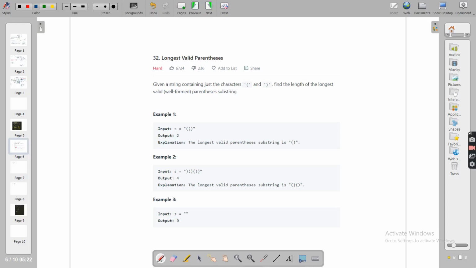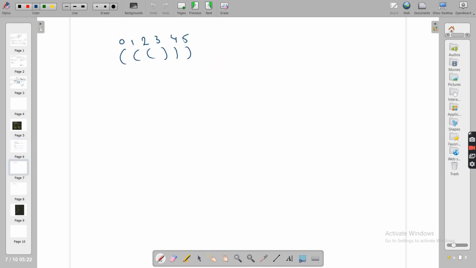Hey everyone. So here we'll be solving another problem, which is longest valid parenthesis. Before solving this problem, I would wish that you know how to check whether a parenthesis string is valid or not. I have already explained that in my stack identification video, but just to summarize it, I'll again explain, but only give a summary of it.